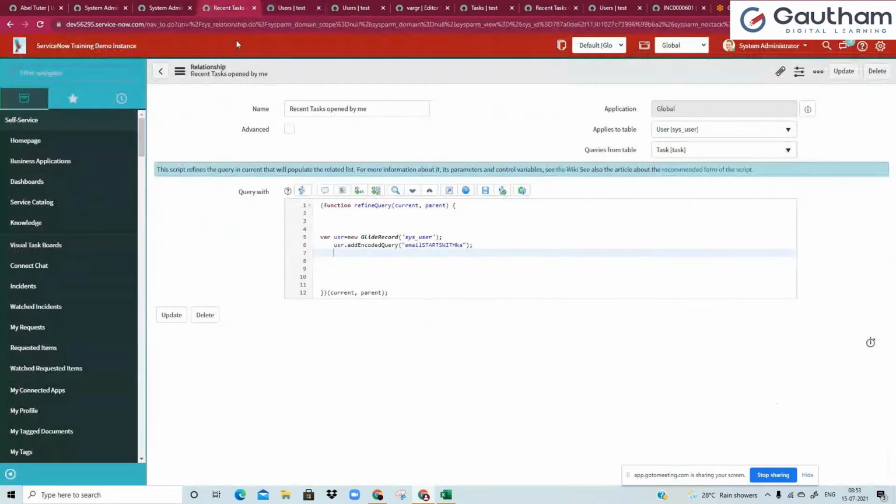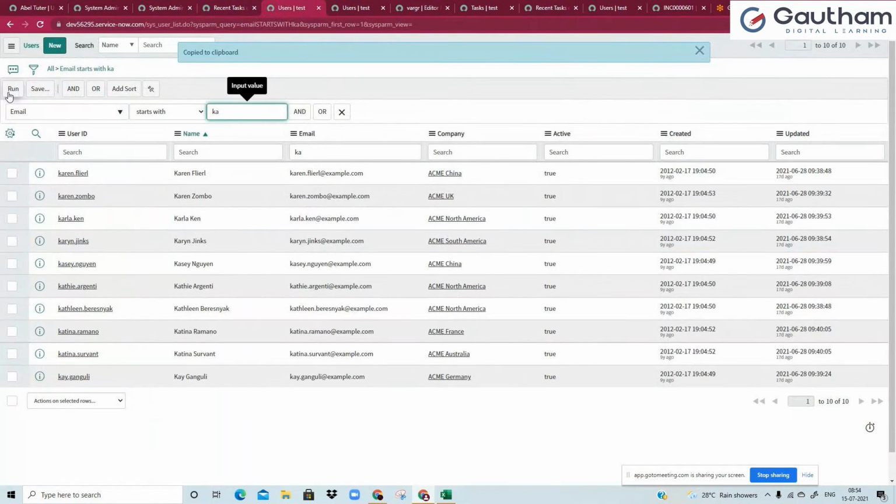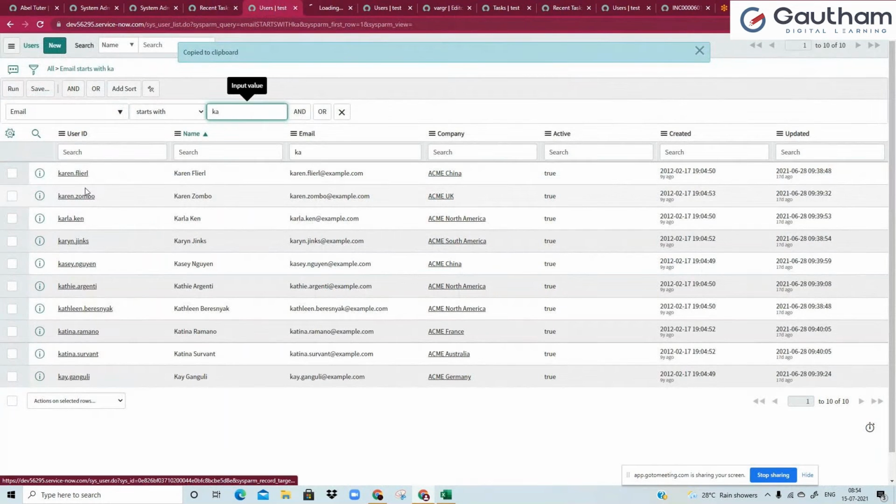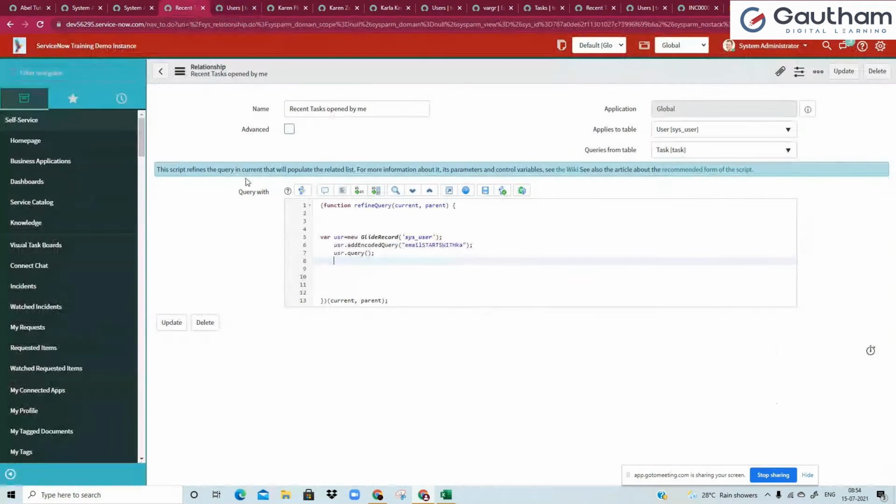Now in script, how do you click on the run button? It is usr.query. This is nothing but translating as clicking on the run button. Okay, done. Now you've obtained the records, but you need to visit each and every record, right? So how do you visit each and every record? Then you have to put